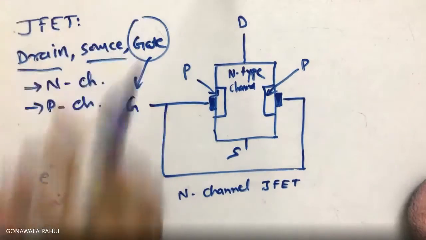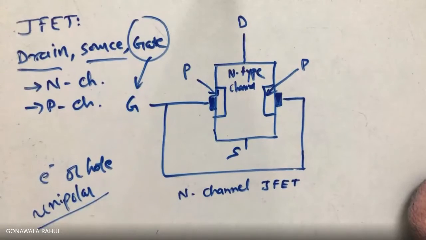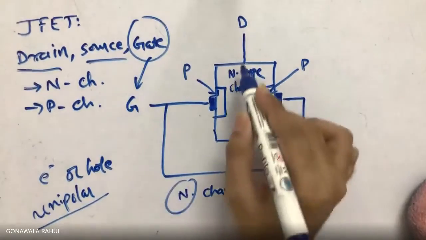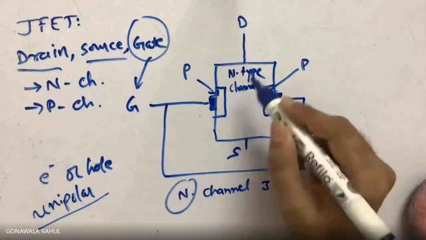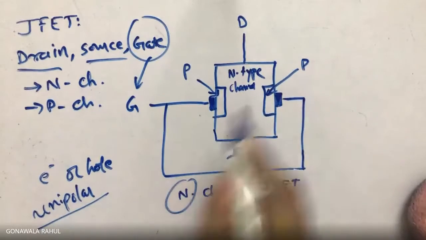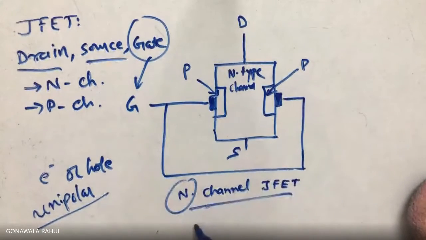Here it is a unipolar junction, unipolar. Hence it is known as a unipolar device. Clear? Now the current consists of only one type of carrier, and since it is n channel, the majority carrier in n type is electron. Hence for n channel JFET our carrier will be electron, which conducts current. Clear for n type? So this is n channel JFET.